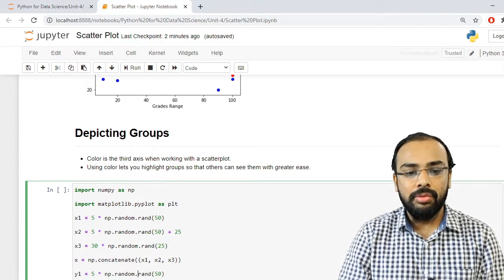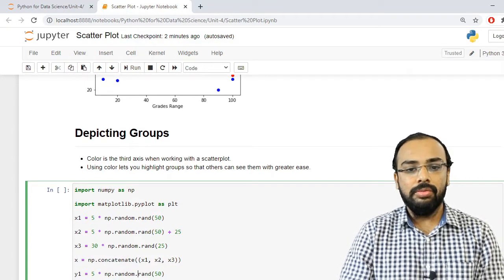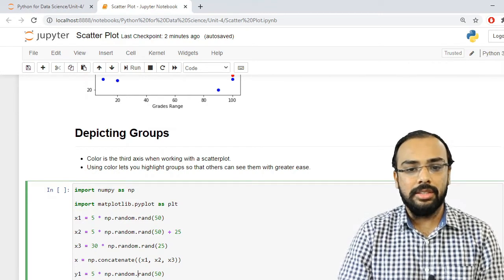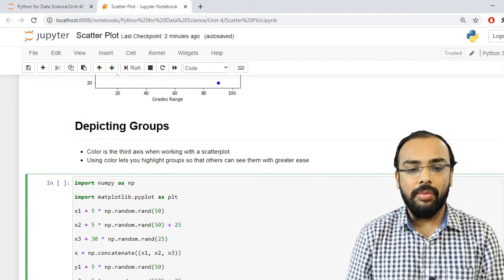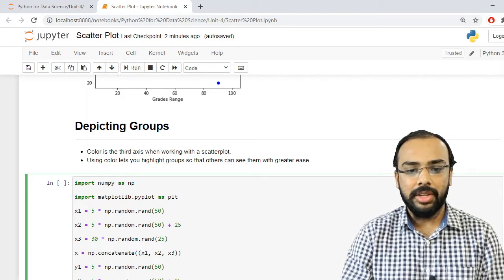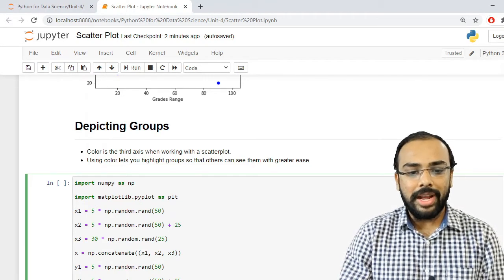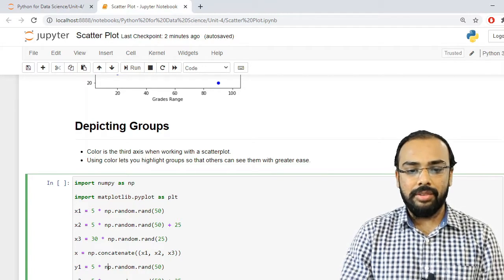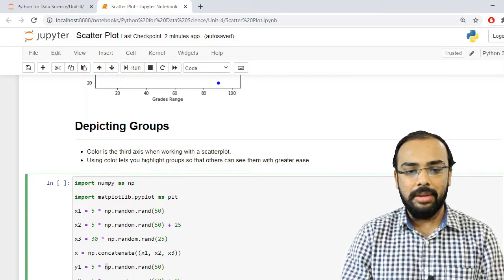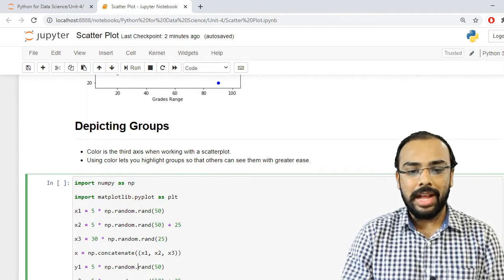Similarly, we have to do this for y, because we want to work with our third axis, which is color. So first we need to have x, then we need to have y, and then we have to specify the color. So similarly, I have created y. For the first, that is y1, I have generated 50 random numbers using the np.random.rand function.